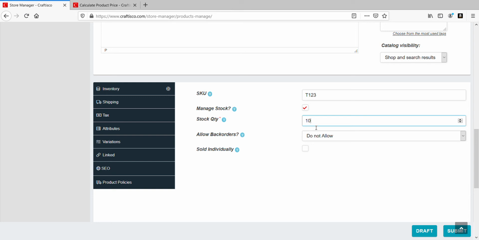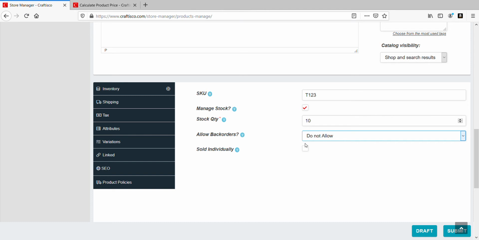Now, what is allow back orders? Back orders is just in case your product is out of stock. You can do a pre-order, right? I mean, you are going to replenish the stock in some time, but they can still order, so you can fulfill the order once the stock comes in. So you can do that, but again, you have to keep a stock of it.